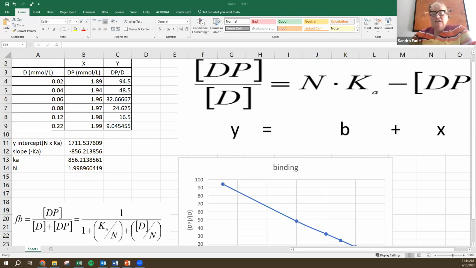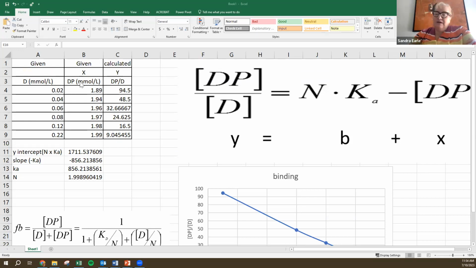Hello again. So we are continuing on using our modified Scatchard plot, which is just a rearrangement of that Michaelis-Menten equation that we use to define plasma protein binding in our patient, which we did with this data given to us here, the free concentration and bound concentration of our drug. And we determined our Ka, which is our affinity constant, and our number of protein binding sites, which is 2